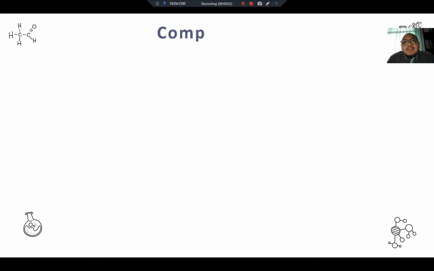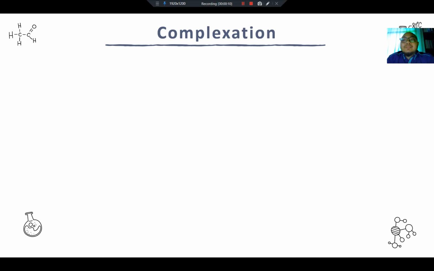Right, I think we already learned about the intermolecular forces. That is the basic idea of how molecules interact. So now let's look at another type of chemical reaction, the complexation reaction. I hope you guys still remember the